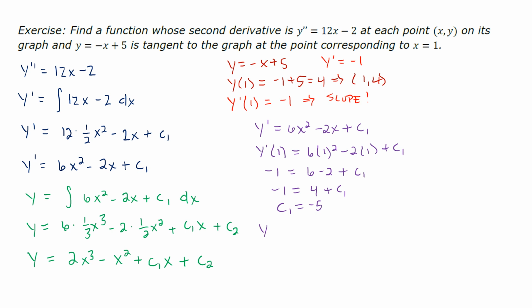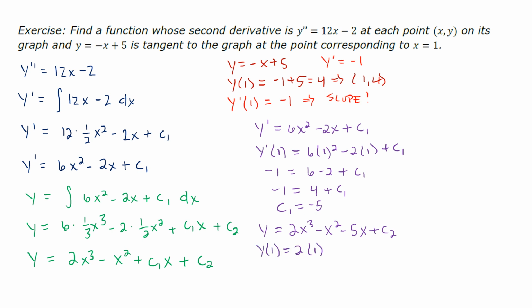Okay, so y, you don't need any prime there actually. Y equals 2x cubed. Writing the wrong equation. 2x cubed, there we go, minus x squared plus minus 5. So that plus then now becomes a minus 5. Minus 5x plus C2. So now y of 1,